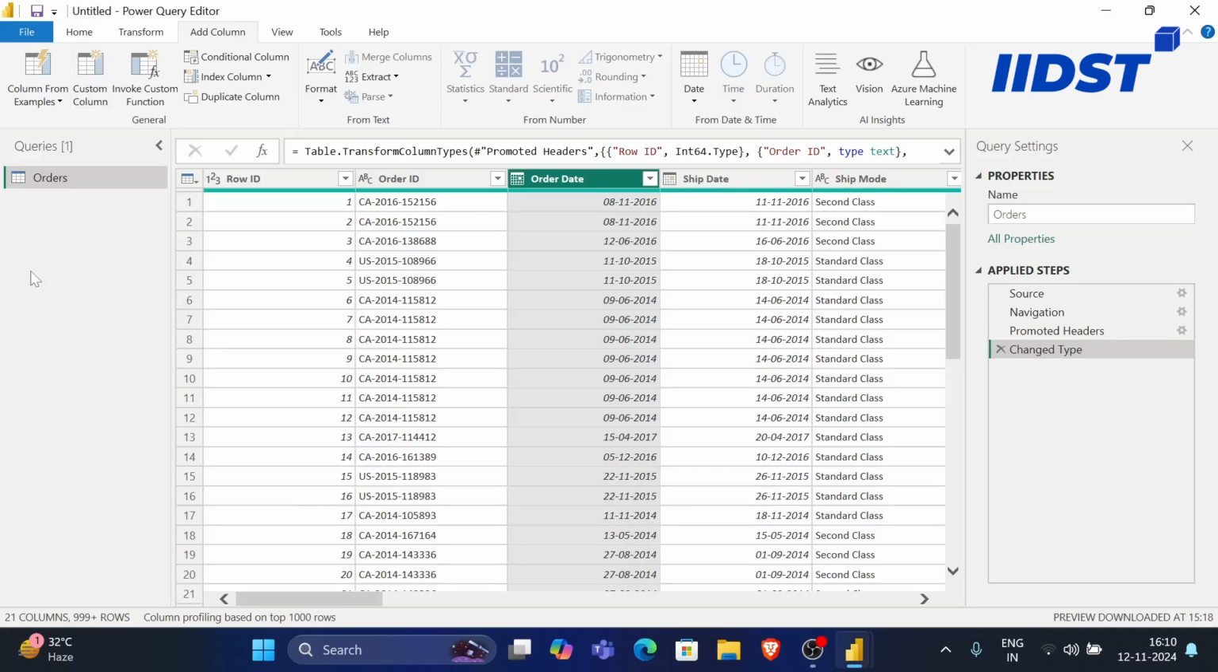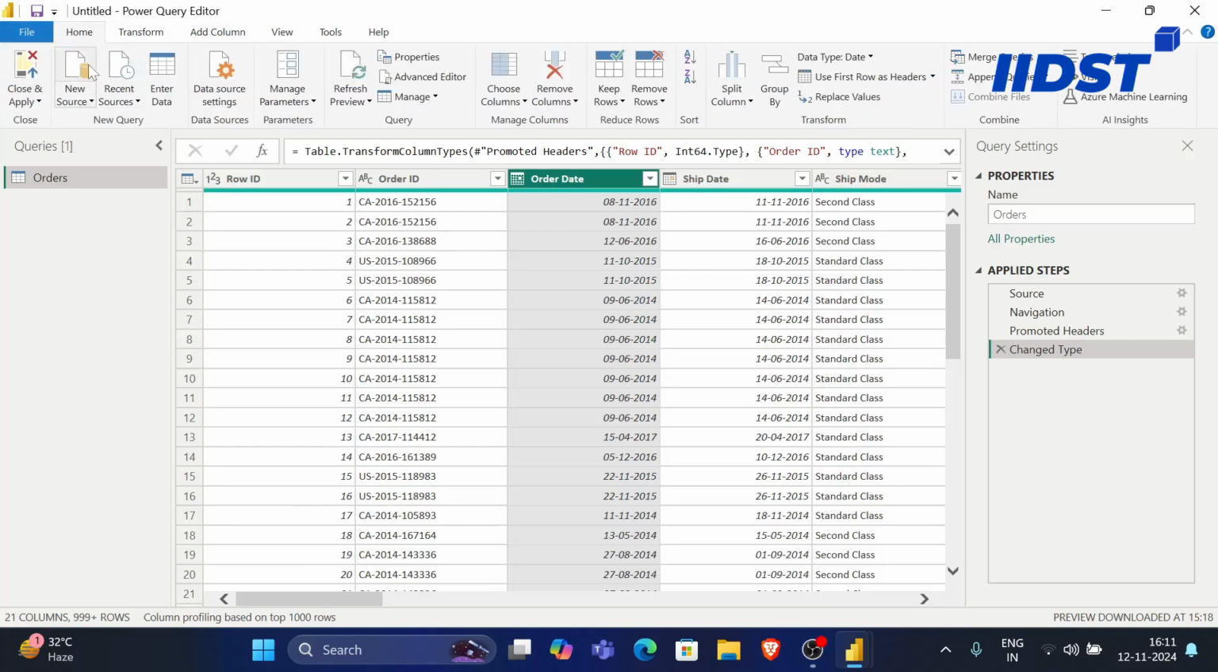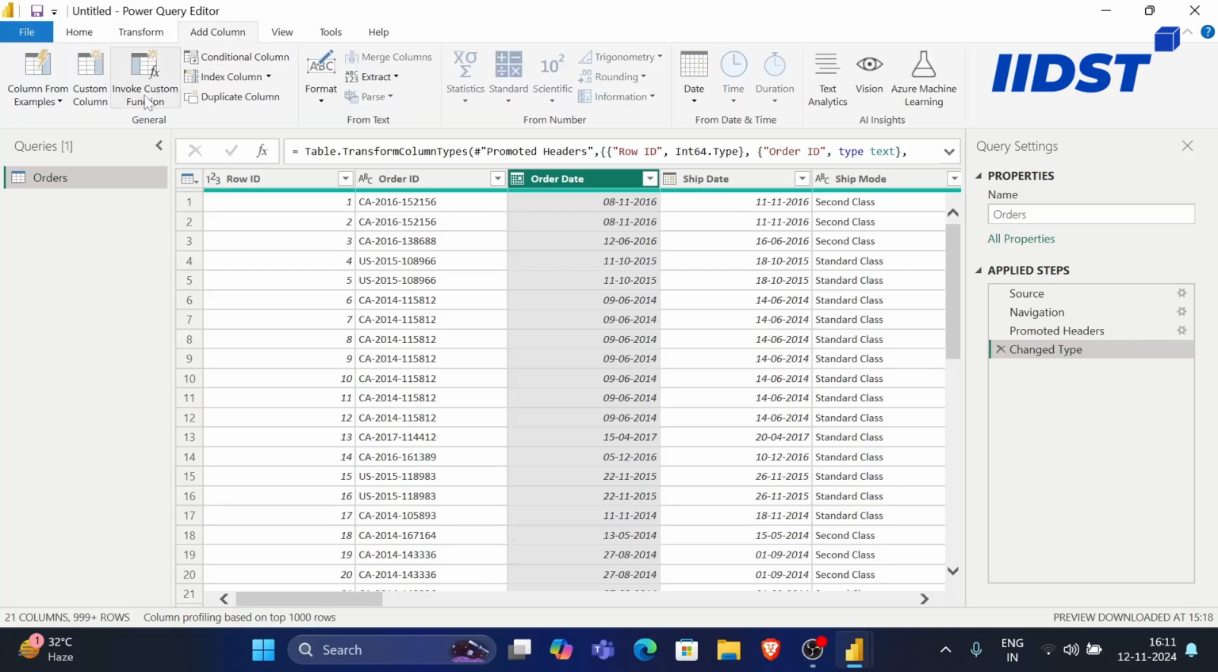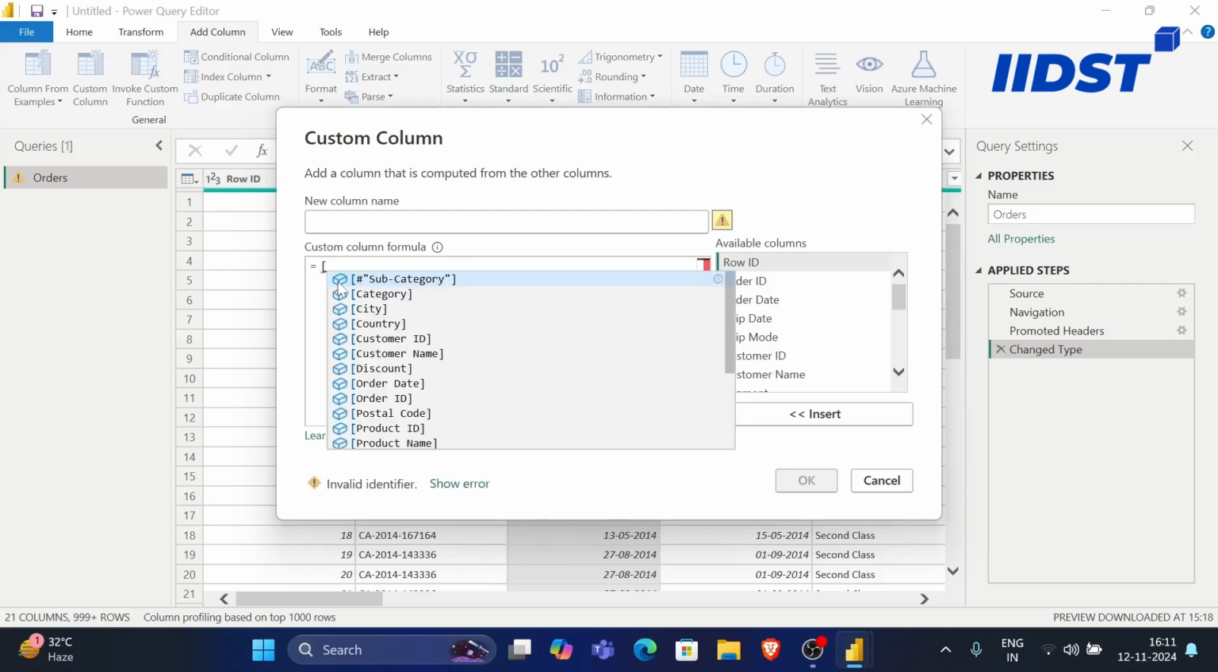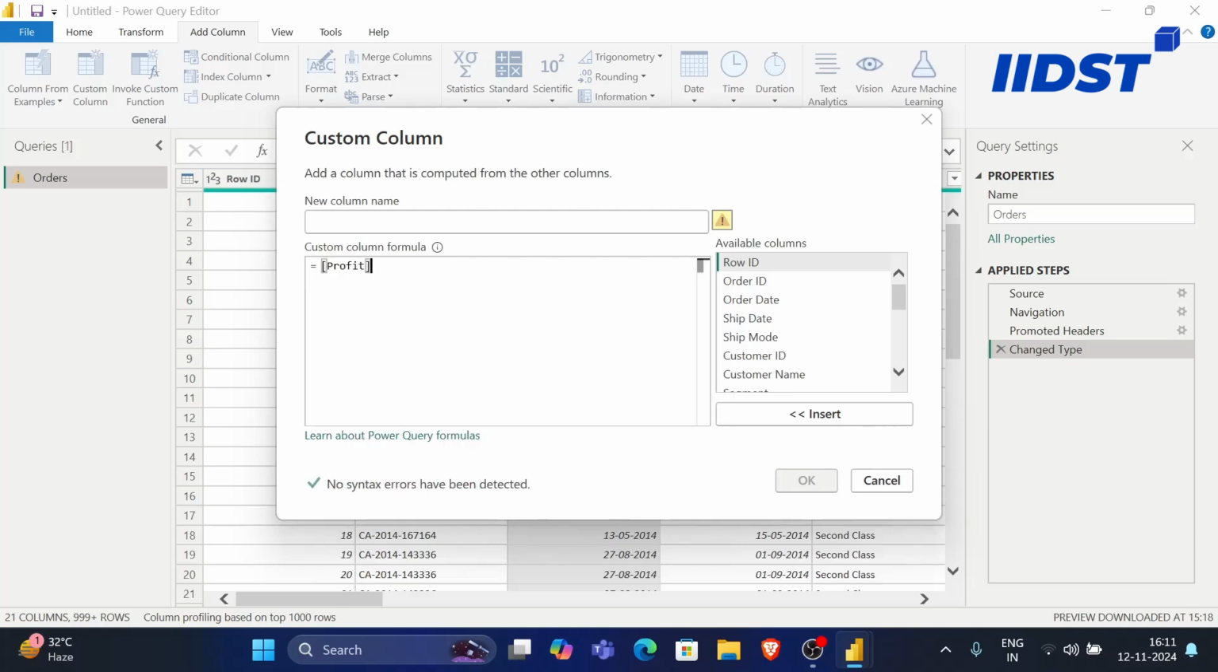In the Power Query editor, we can also add custom columns. You would land here at the home, we can simply go to the add column section over here, and then we can click on custom column right here. And if you provide it with a column name and a custom formula, like let's say you want to, for some reason, multiply profit by